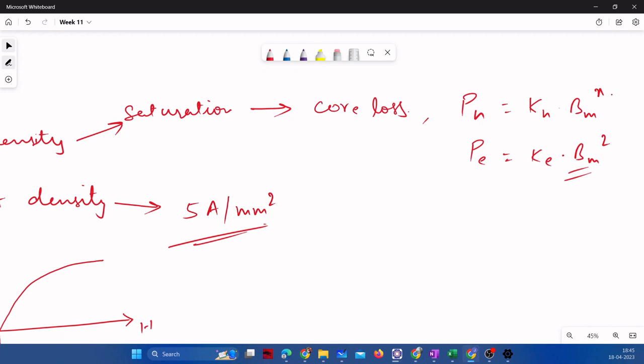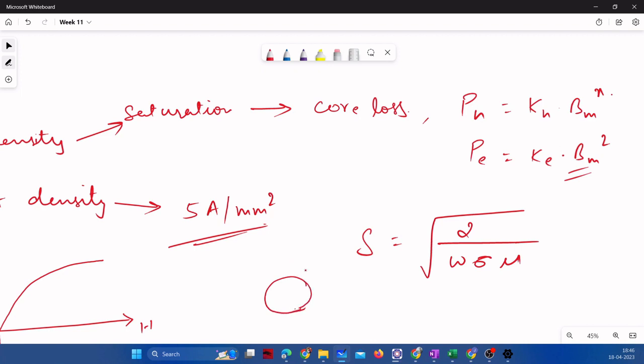Let us say the skin depth of the conductor is equal to the square root of 2 by omega sigma mu. Mu of the material you cannot change anyway. Sigma is the conductivity of the conductor and omega is the frequency of the circuit you are using. So let's suppose you are using a solid wire. Generally we use a stranded wire, but let us suppose you have a solid wire and its radius is